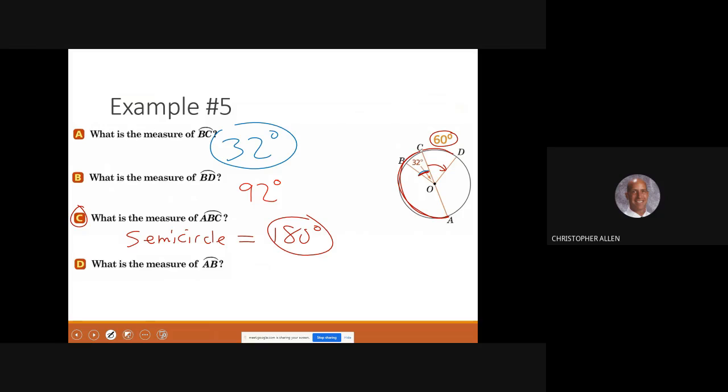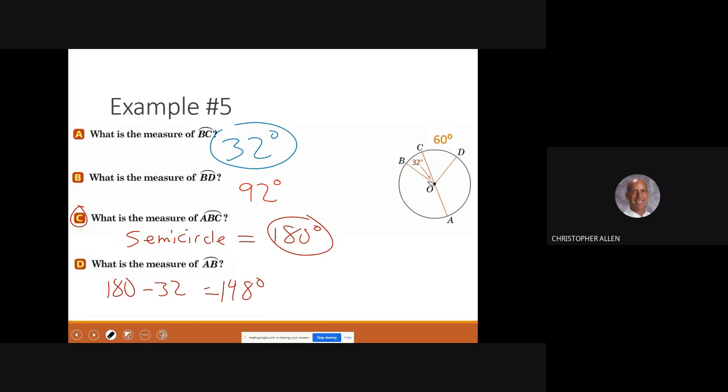All right, last one. Can anyone tell me what the measure of arc AB is? Arc AB. Alex. 148 degrees. Alex, how'd you get that 148 degrees? 180 minus. You got it. Just do 180 minus this 32. So what we got here